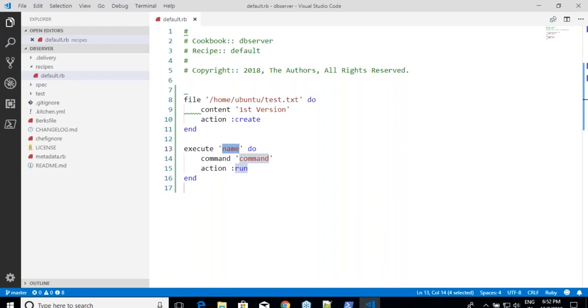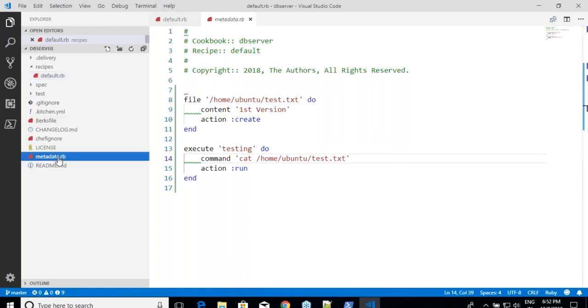So execute, name of the command, something like testing. And I basically say cat home, sorry, Ubuntu test.txt. Simple.